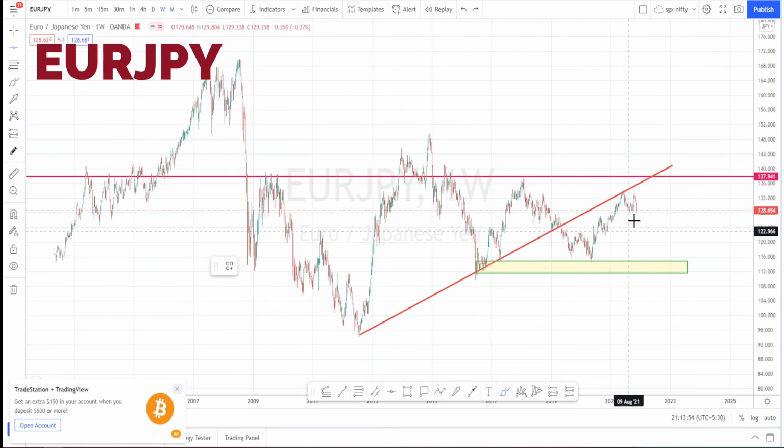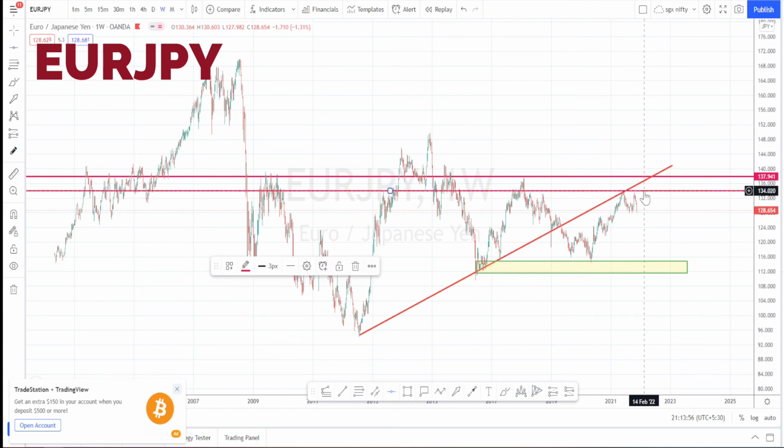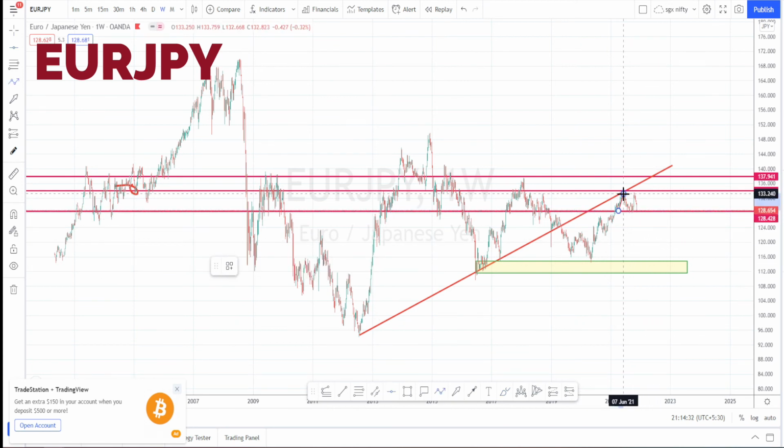When we draw the support and resistance level, this is going to be the resistance level, and when we look at the previous price action, this has been acting as a very strong support and resistance level previously also. So currently also it is preventing the price from going up. But since it is forming a triple top pattern, I am expecting the current price action to consolidate within this range for some time before it starts its downside movements.